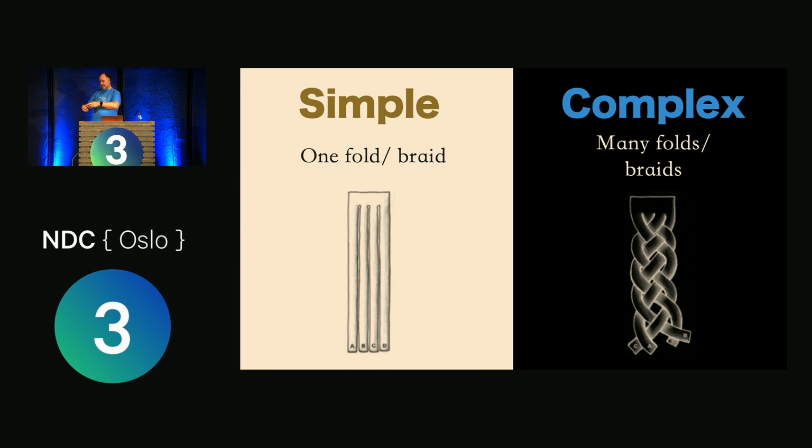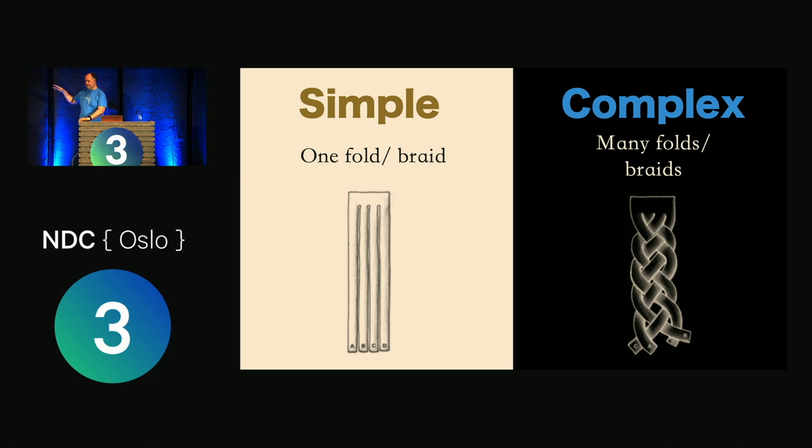So what Rich did, and I sort of did in my talk as well, was go back to the Latin roots of the English words simple and complex. A complex in Latin means something with many folds or braids, whereas a simplex, where we get the modern English word simple from, meant something with one fold or braid. So simple enough meanings, and you can see how they actually carry the meaning forward.